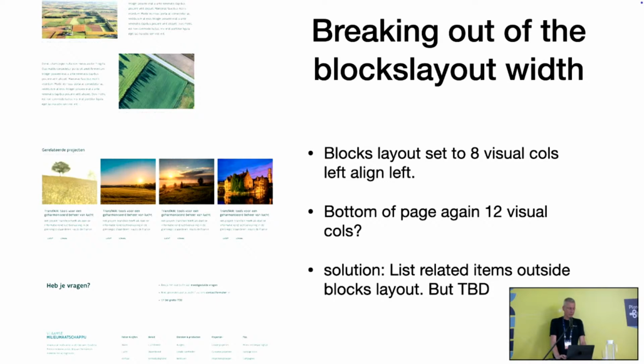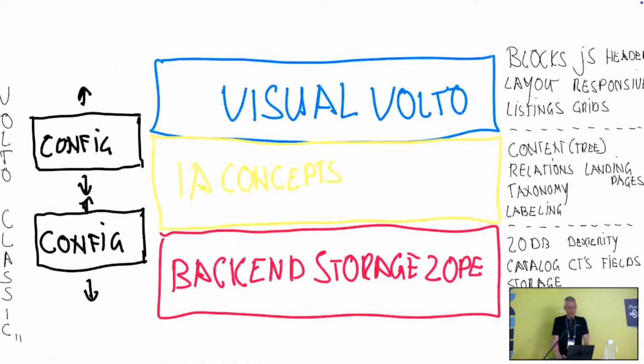And then the last thing we had was like this. Like, okay, we have a blocks layout. I showed you a subtype to limit the blocks layout to 8 or limit it to the right with a navigation. And then in the design at the end, they broke out again to the 12 blocks. I can't put this in a blocks layout. And then fortunately, we found out these are all related items, so I can just make a kind of rendering for all related items at the bottom of the default template. If they add these 4 items as related items to a content type, I can escape because I'm outside of the blocks layout.